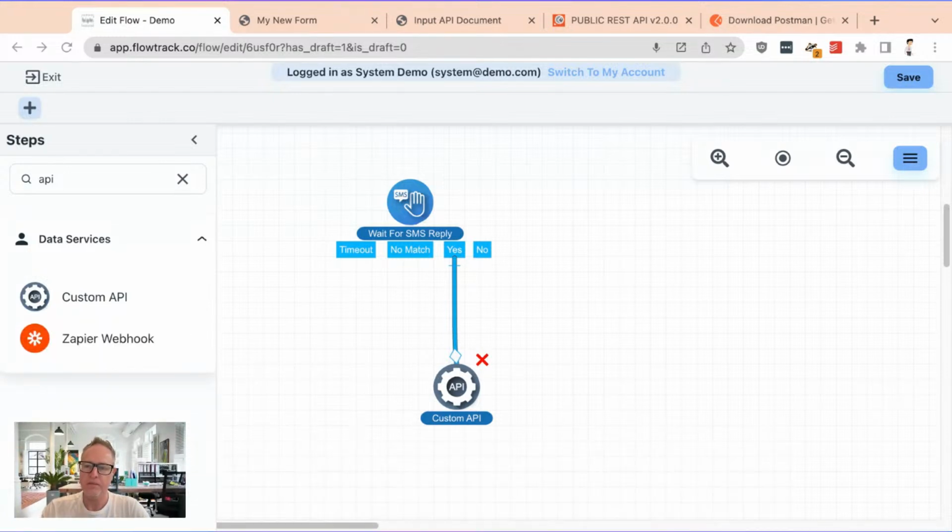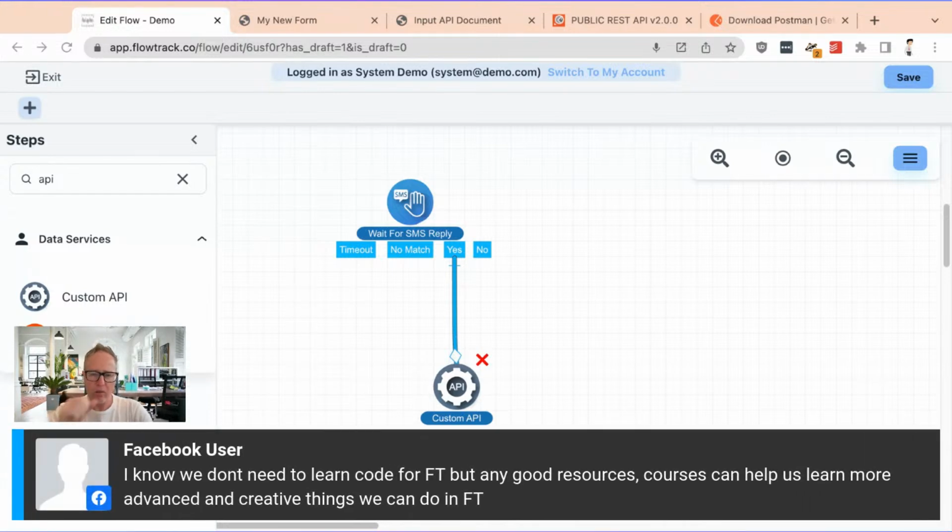Let's see. This person is saying that I know we don't need to learn code for FlowTrack, but are there any good resources, courses that can help us learn more advanced creative things that we do in FlowTrack? So that's a great question. We are a no-code platform first, right? But at the same time, we're code capable, right? We're developers, and we know that developers love to do things their own way and then customize the heck out of things. So